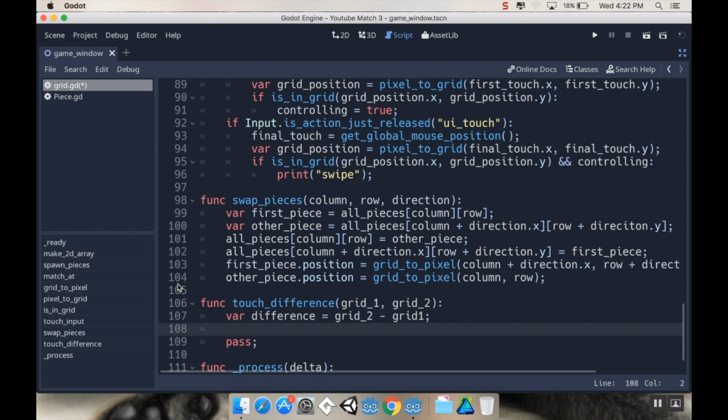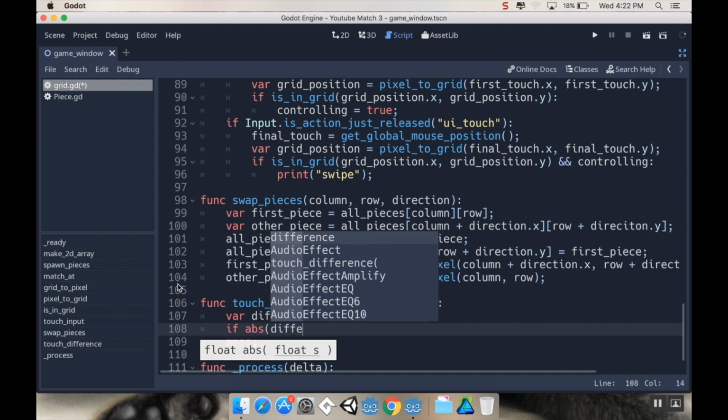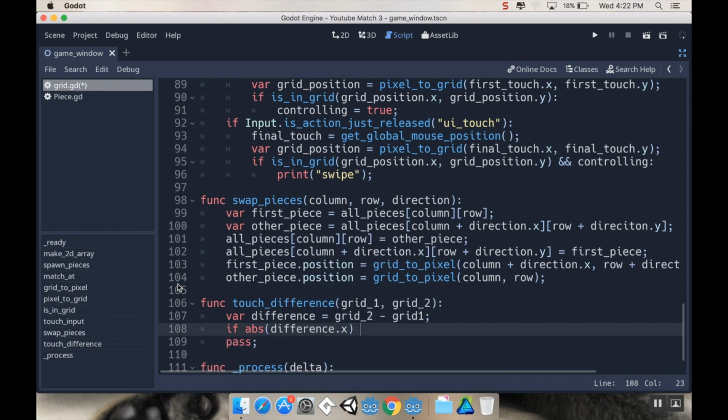And by bigger, I mean the magnitude of the number, the unsigned version of the number. Because you could have an x difference of like, I don't know, -4 and a y difference of 1, and if we're not doing the sign or the magnitude of the number, it would register the y difference as being larger. So I want to say if absolute value of difference dot x is greater than absolute value of